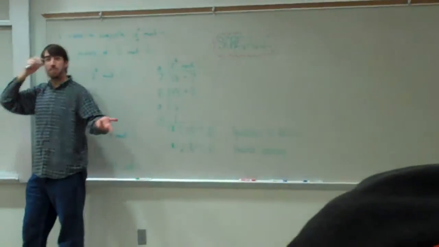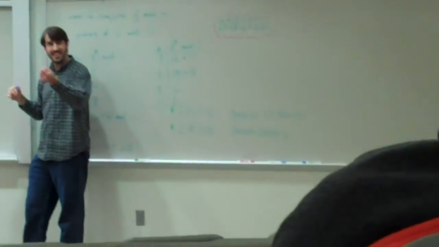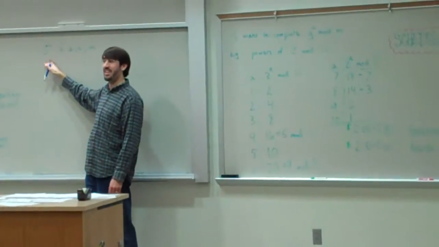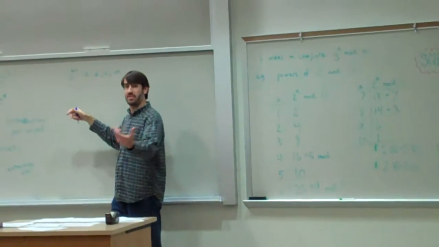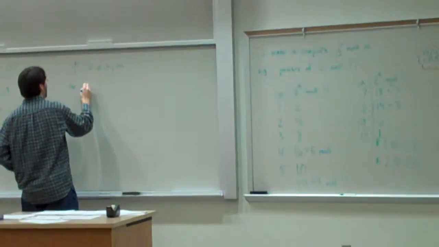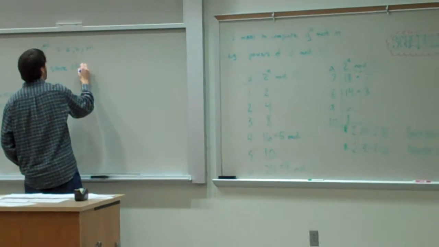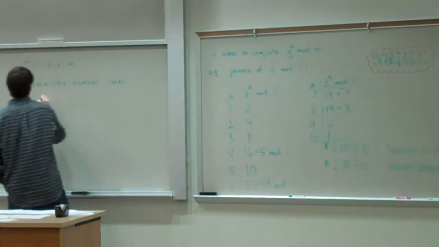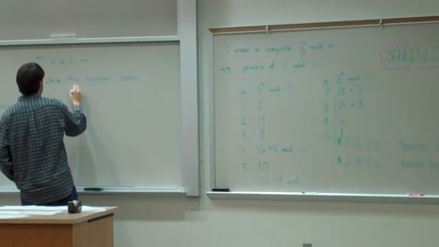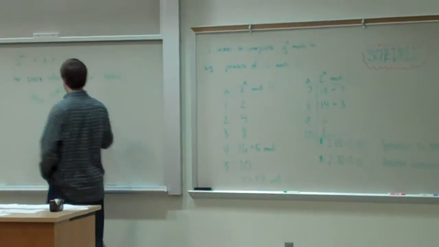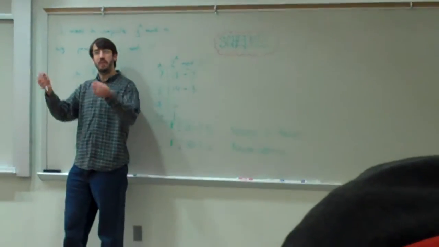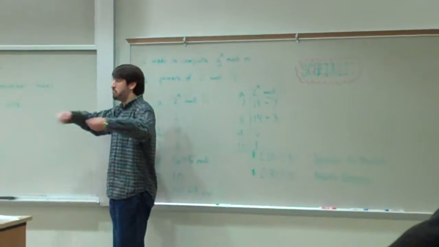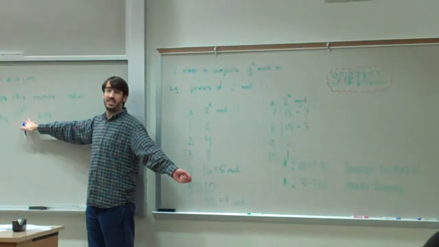Now this sounds like a pretty big number, but what's interesting is that computers can handle numbers that are this big really, really easily. Because for a computer to store this number takes log base 2 of 10 to the 60th bits. Because if you think about a number, the way that you represent it in binary is with bits. And this is the number of bits you need to represent a number that's this size.